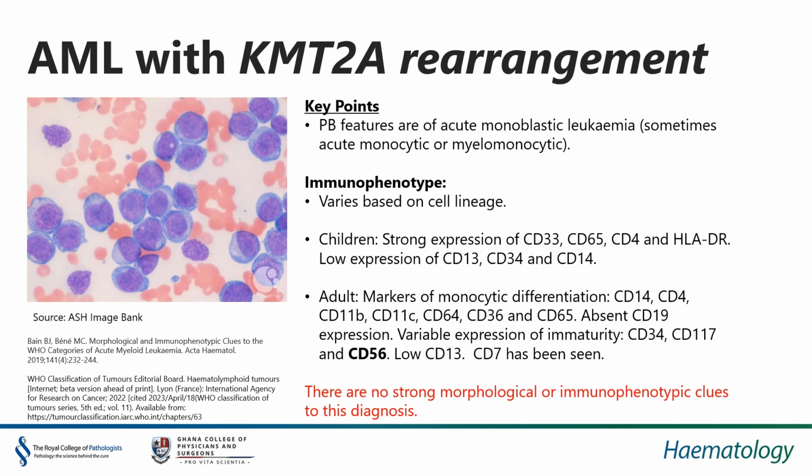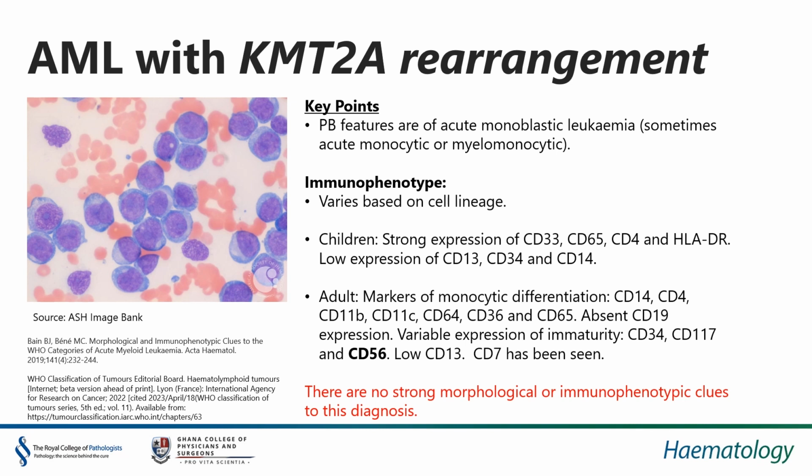In adults, we see many more markers of monocytic differentiation with CD14, CD4, the integrin CD11b, CD11c, 64, 36, and 65. They usually lack CD19, and they can have varying expression of immaturity markers with CD34, CD117 and CD56. However, you do quite commonly see a lower expression of CD13, and indeed CD7 has been reported in these cases. However, it's very important to say that there are no real strong morphological or immunophenotypic clues to the